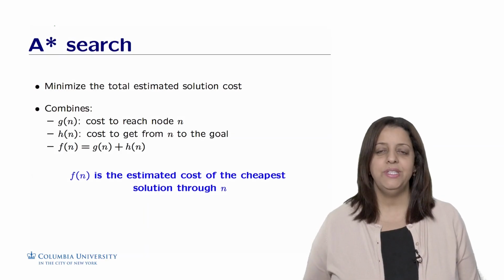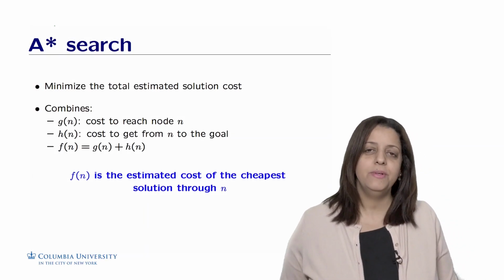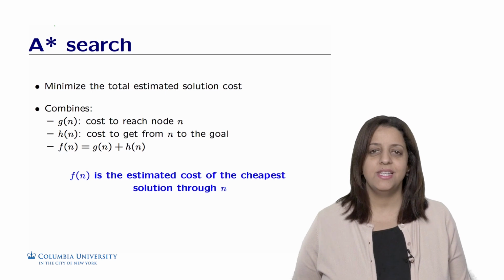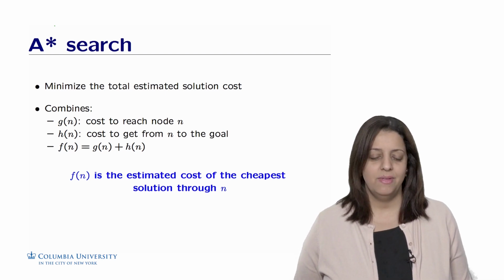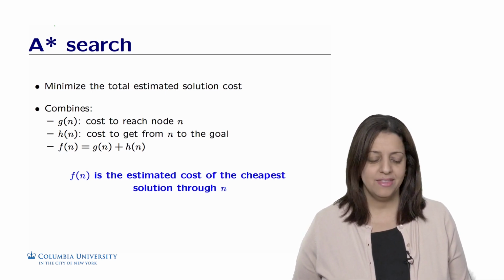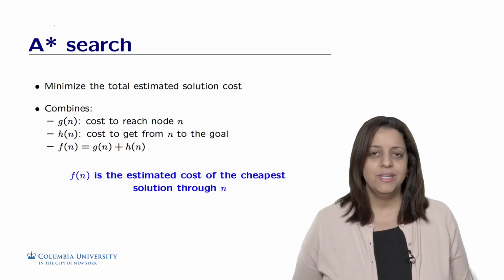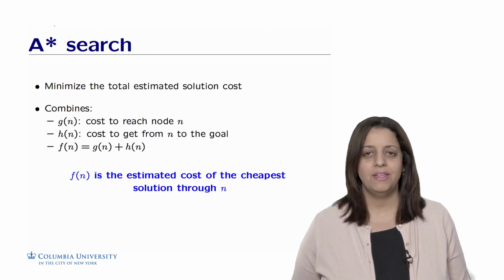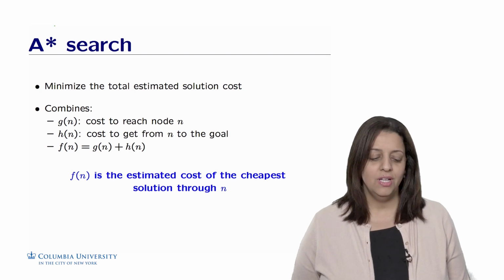So we have seen that greedy search is doing a good job, but not always the best job. For example, between Saint Louis and Sault Ste. Marie, we are not getting the shortest path to the goal. So another alternative to greedy search is to use the A-star search algorithm that actually will use not only the